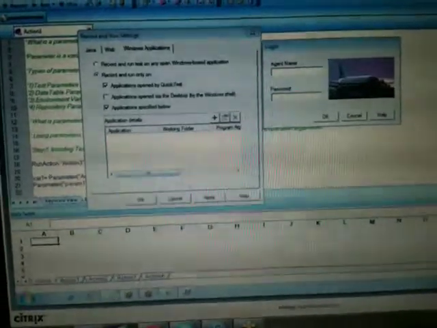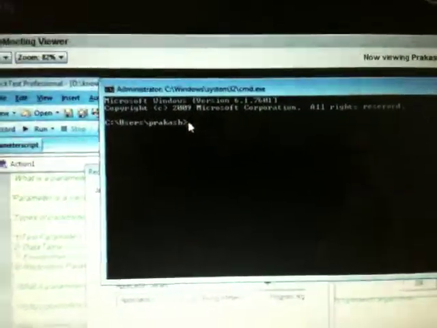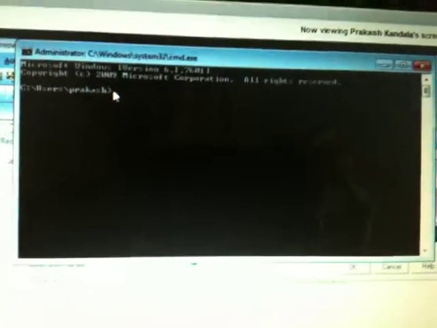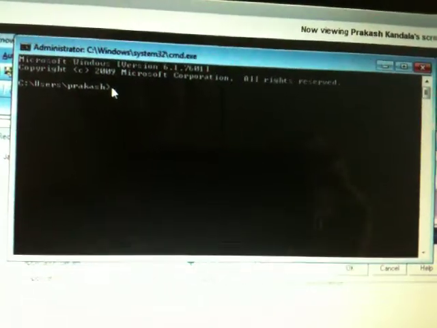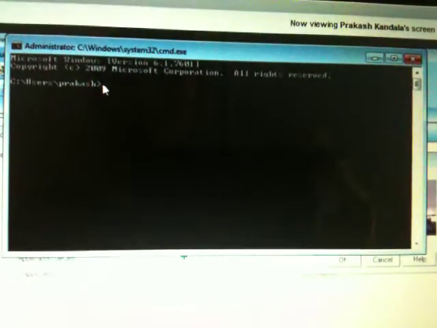Nothing but, say, there might be some applications which are necessary to be launched through command prompt. This black screen which you are seeing on my screen corresponds to the Windows shell, wherein you can actually do a lot of programming of the Windows shell itself. It is similar to the K shell or Bash shell on a Unix box. So we can actually do a lot of things.